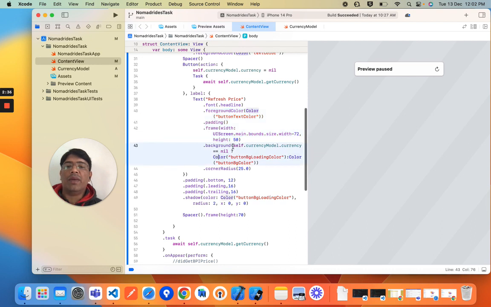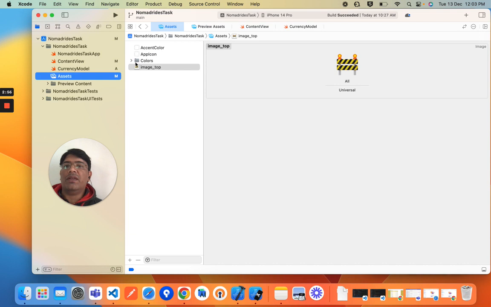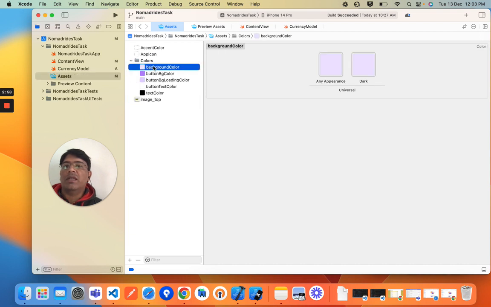So basically the background color is conditional. So I am doing a conditional check. If currency is null, then display this background color, and if currency is not null, then display this background color. Basically the color code is defined within color. This is the background color, button color, button BG loader color, button text color and text color, and